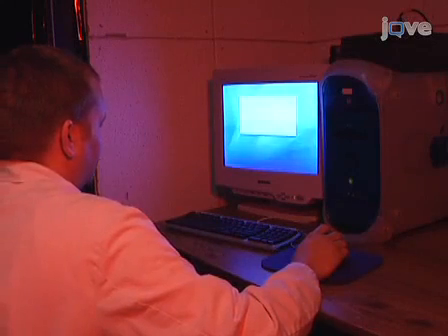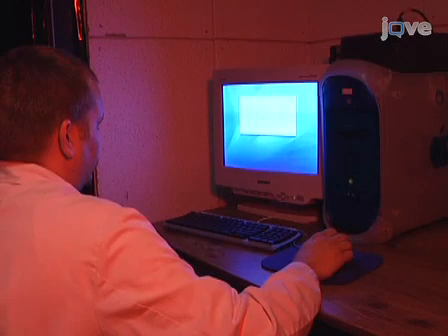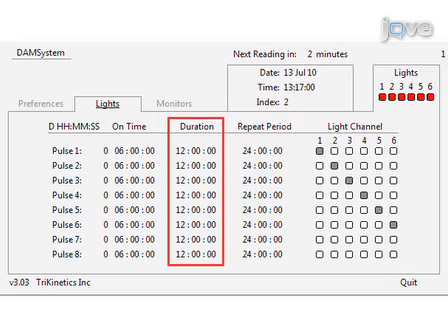Now that the flies have been loaded into the activity tubes and the locomotor activity monitoring system is ready, the data can now be recorded. Flies are synchronized and entrained by exposing them to the desired light-dark, or LD, and temperature regime for 2 to 5 full days. The most commonly used entrainment condition is a light-dark cycle of 12 hours light, 12 hours dark